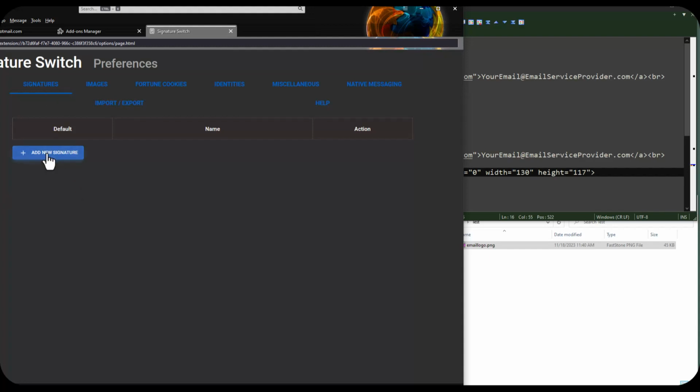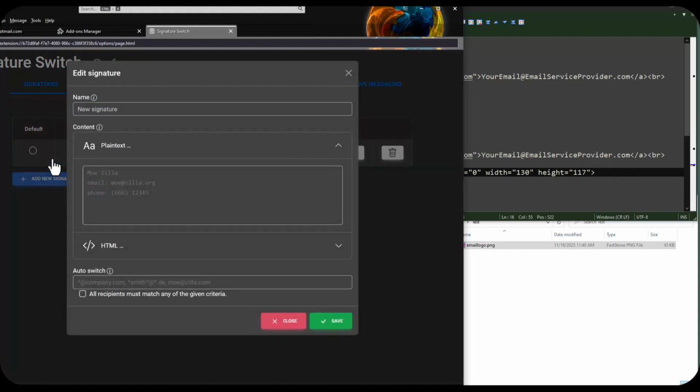And then add a signature. We're just going to create one for that account. New signature. I'm just going to put the name test. And it actually gives you little hints, tips on what to write in the applicable fields. And if you're doing plain text, you write it the way you would want it to appear